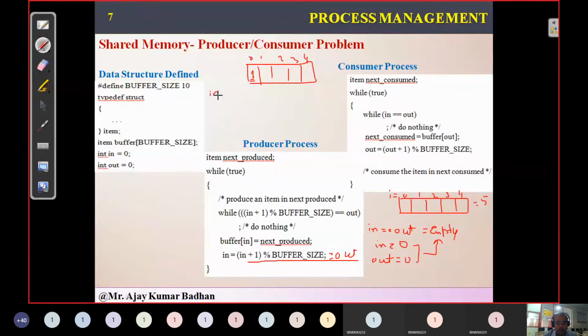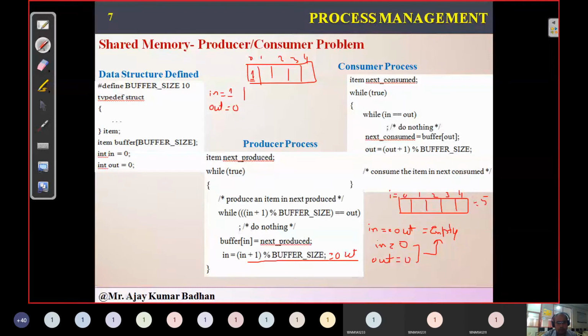What is the value of in now? In is the pointer which refers to the next empty space. What is the next empty block we have? This one, so in is 1. Out refers to the first block which is non-empty, so out is equal to 0.